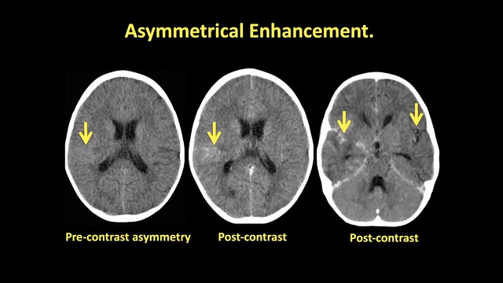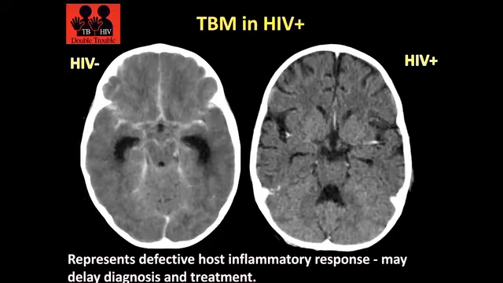And again, look at the asymmetry here between the right and the left hemisphere. We have got slight ventricular enlargement. We've got enhancement, nodular enhancement in the right MCA cistern as compared to the left, and basal meningeal enhancement. It's asymmetrical. One other tip I would like to give you is when we see asymmetrical contrast enhancement, the patient needs to be screened for TBM.